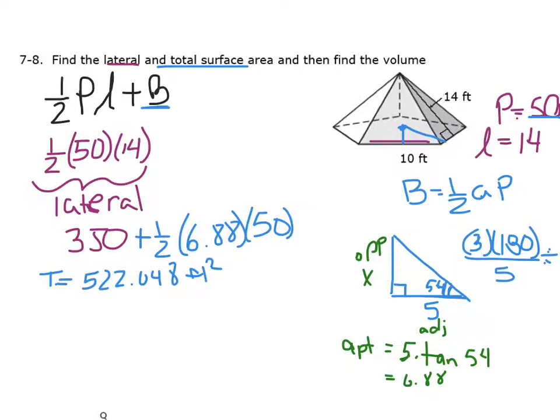And then the last thing we need to find is going to be the volume. And we already have most of our dimensions needed. So formula for volume is going to be 1/3 times the area of our base